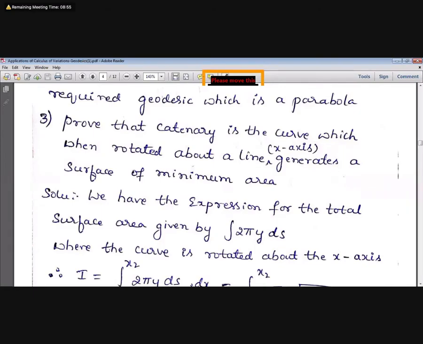In the x-axis, if you have a line and you rotate that, this is the y-axis, x-axis. If you have a line, then rotated like this, rotated about the x-axis. Okay, like this we need to rotate. Rotation of this. How to draw that?